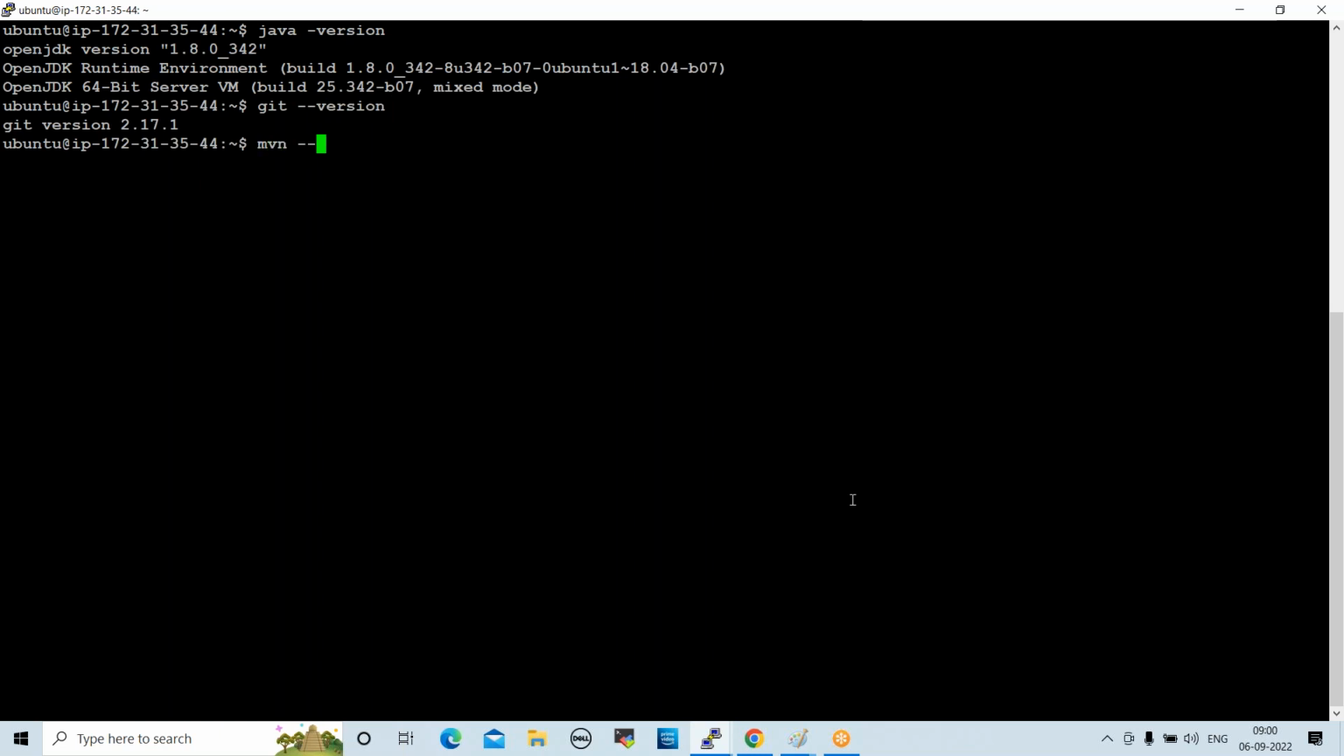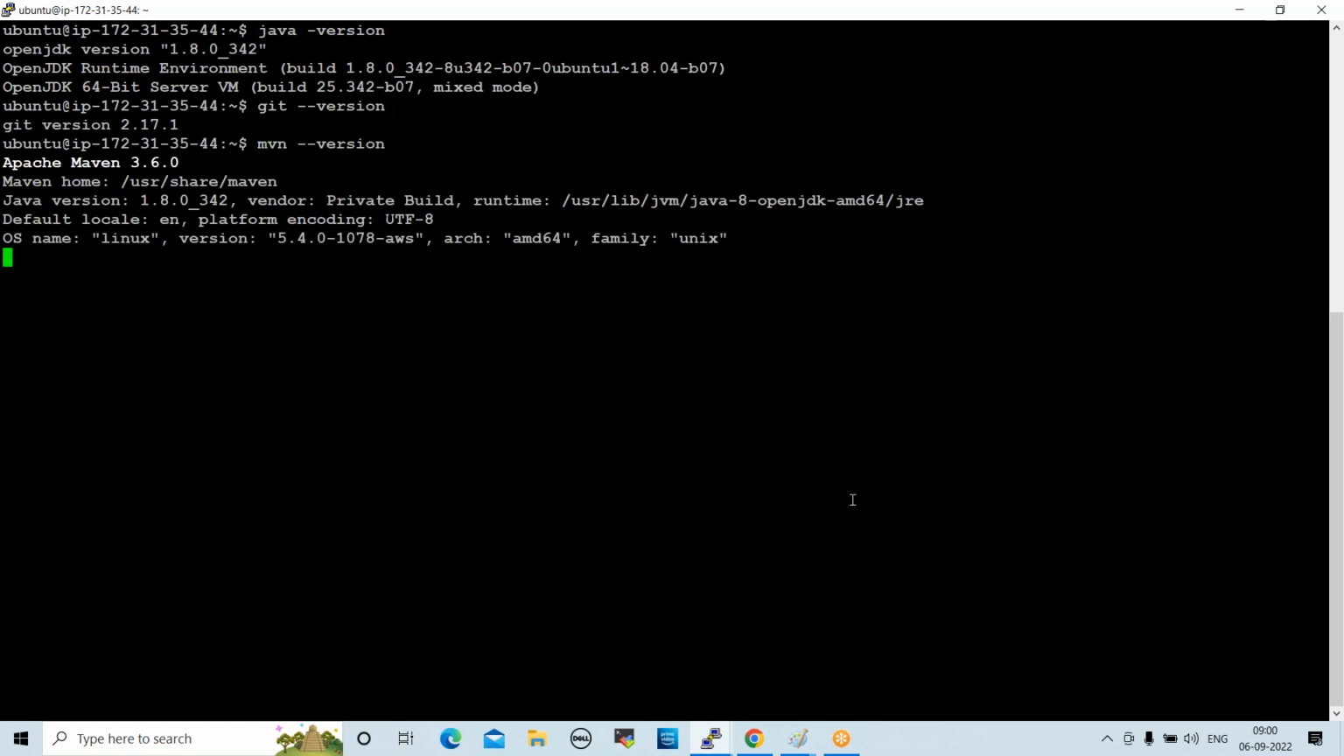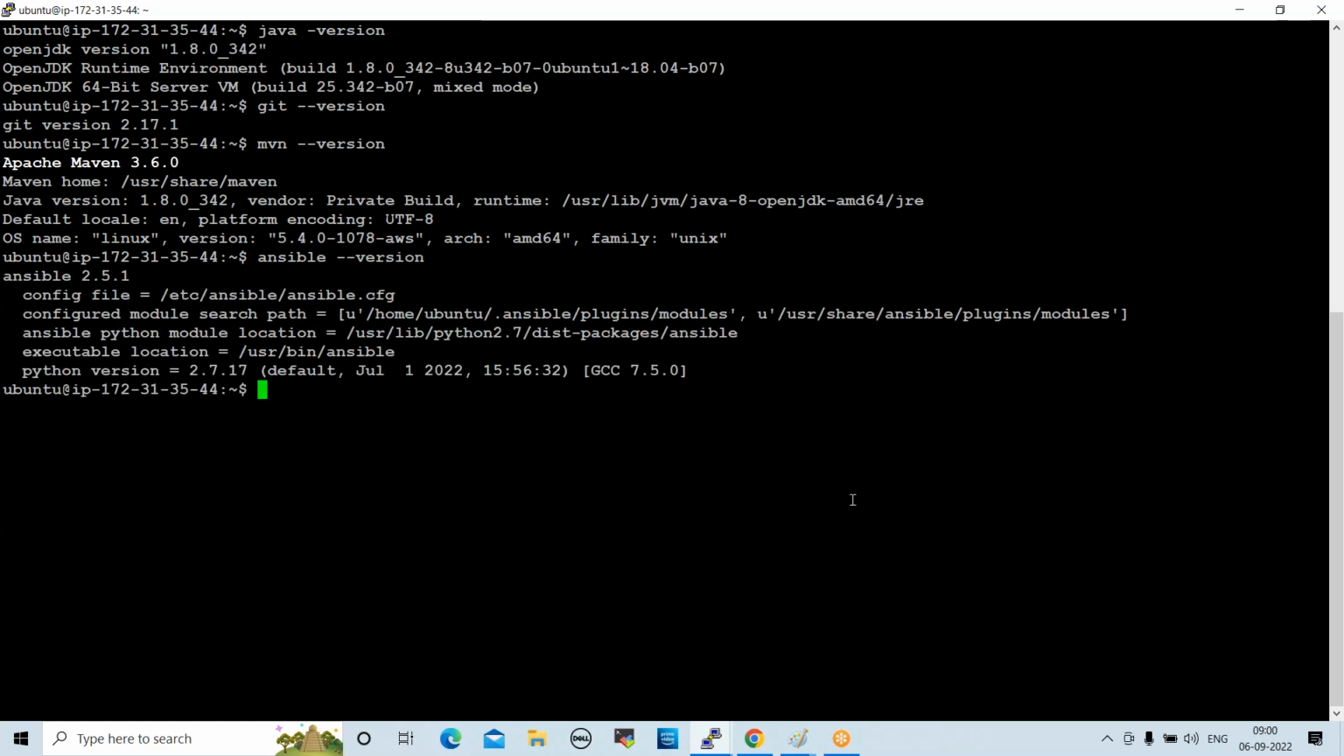mvn -version. Maven also available. Next one, Ansible: ansible -version. Ansible also available. Next one, ls. Tomcat is available. Now we can go to the Apache Tomcat folder: cd, change directory, space, just type APA, U